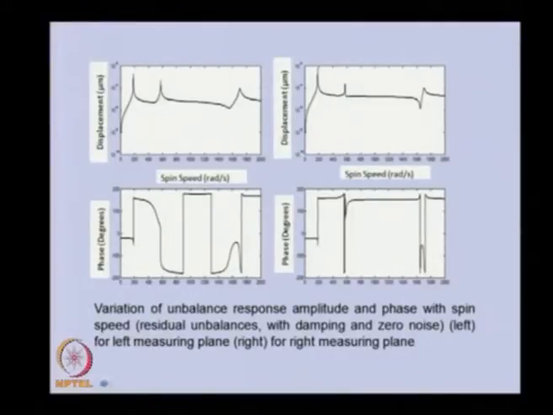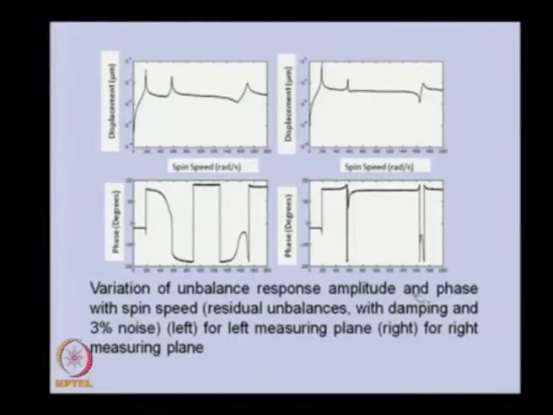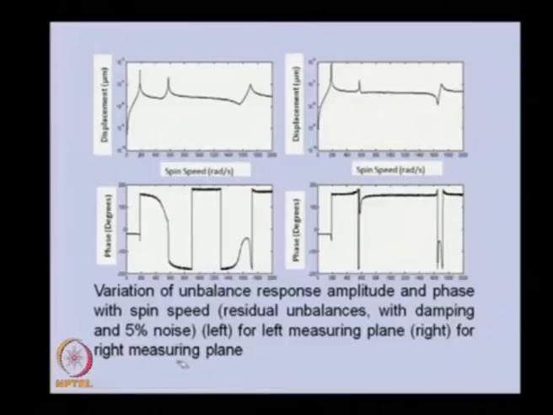Similarly, this is a similar response, but we have considered damping, so you can see that because of damping, these peaks are getting blunted slightly, but noise is not there in this response. Initially, I am just showing the typical response of the system. This is with damping and some noise also added. You can see some haziness in the response, which is because of the 3% noise added into the system. And with the addition of 5% noise, higher noise, you can see the change of the signal because of more noise in the system.